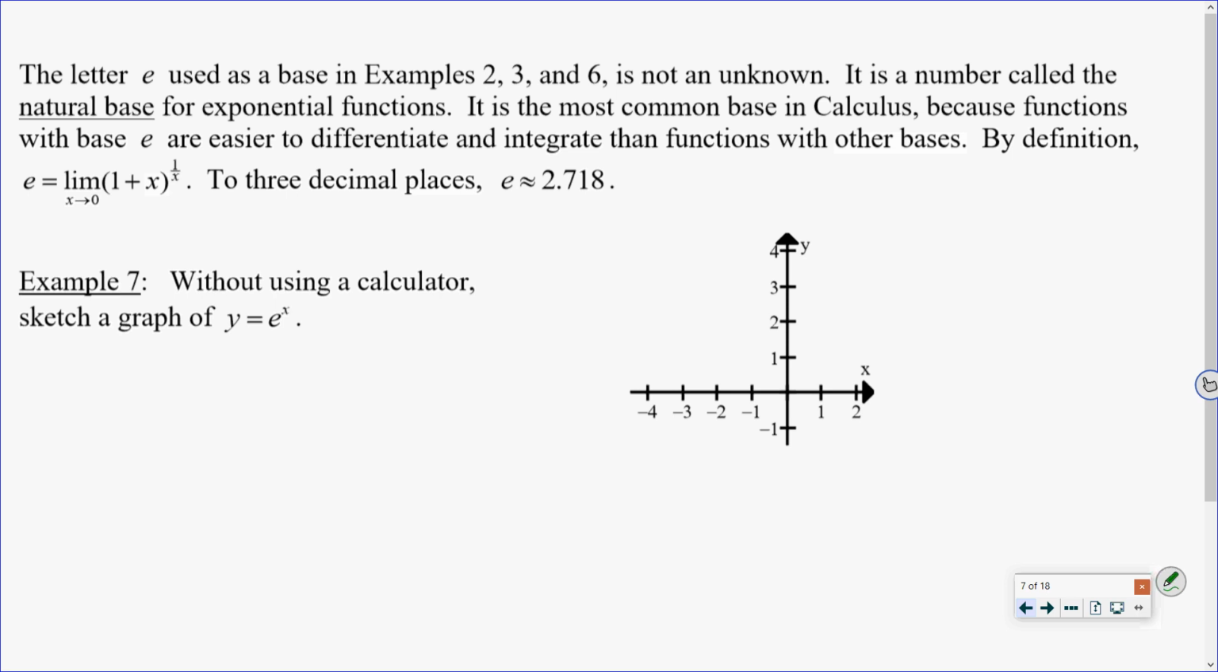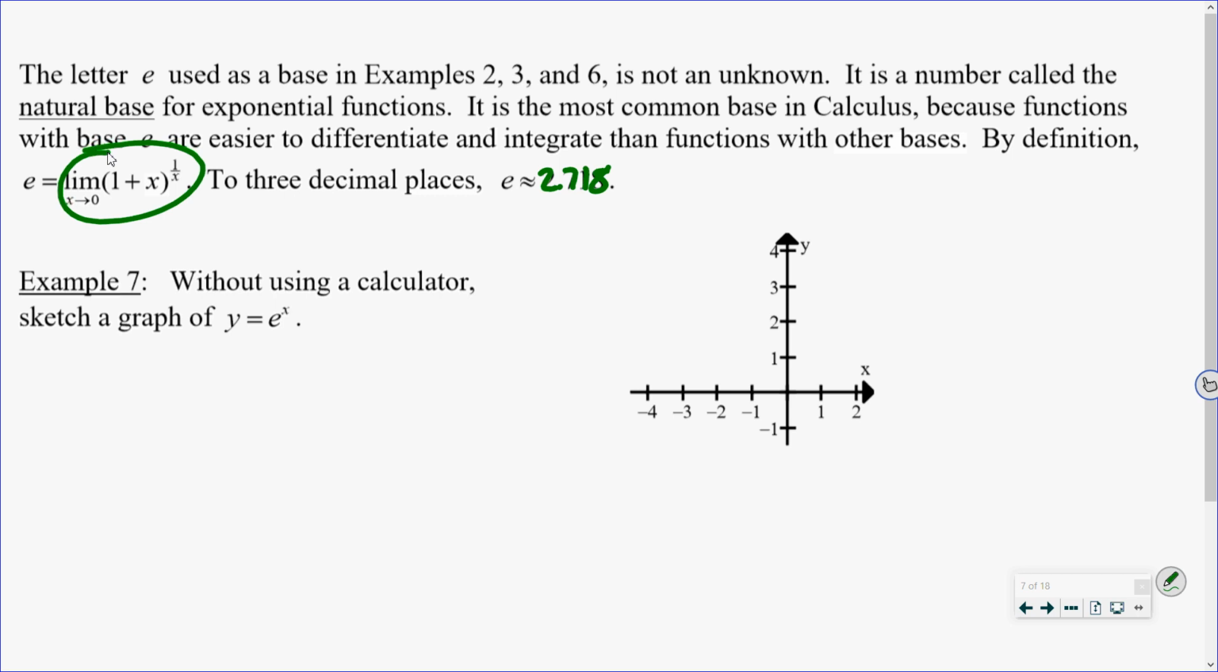Base E was discovered, or it comes from this. And again, this deals with that limit notation. So we're not going to worry too much. When we get to limits, we'll come back and talk about how E was discovered or how it's found. But the idea is this, E, if you go out 3 decimal places, is 2.718. Okay, so it says without using a calculator, sketch the graph of y equals e to the